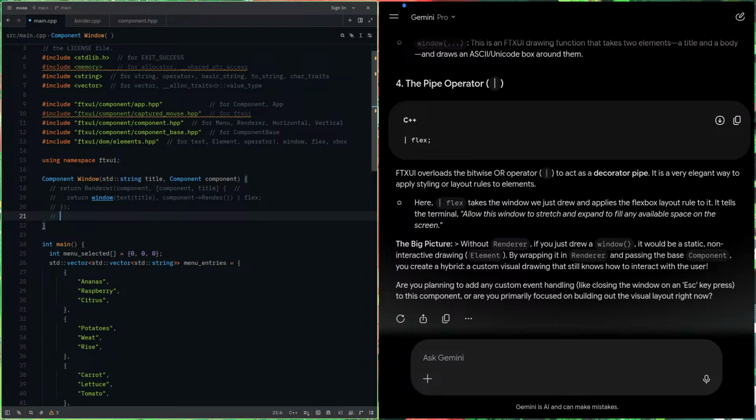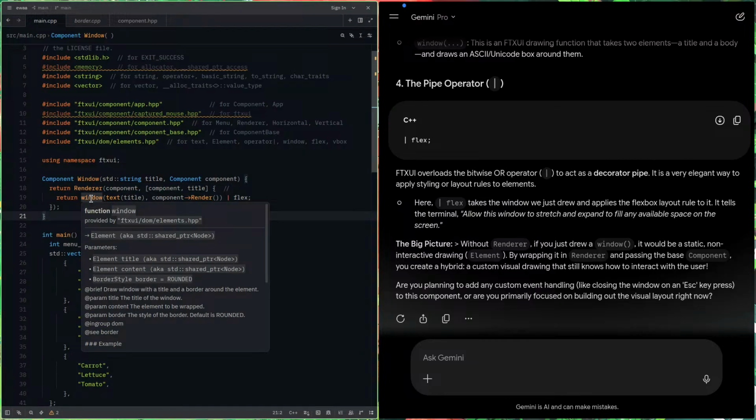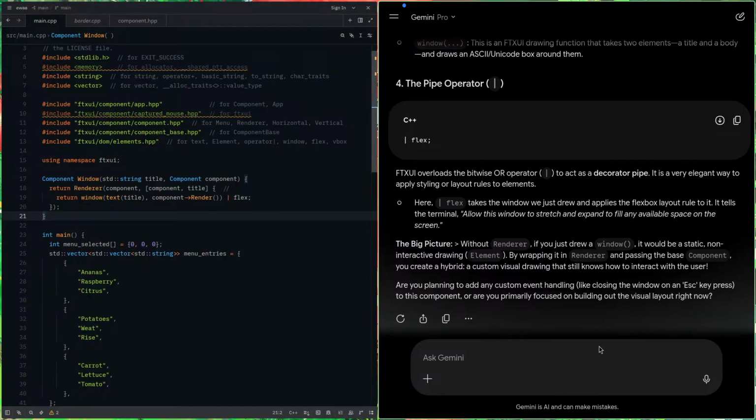So we're gonna uncomment this thing. So this window returns an element. Let me just ask Gemini. I'm learning FTXUI to make some GUI